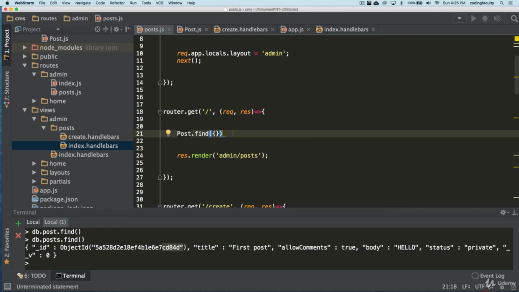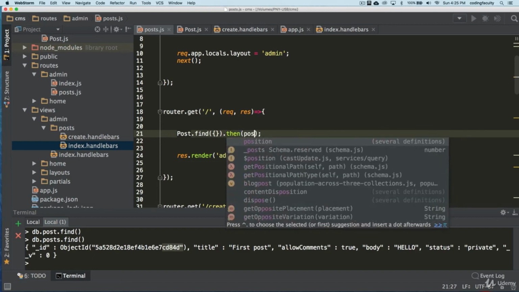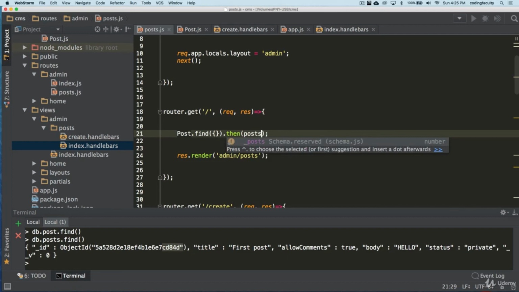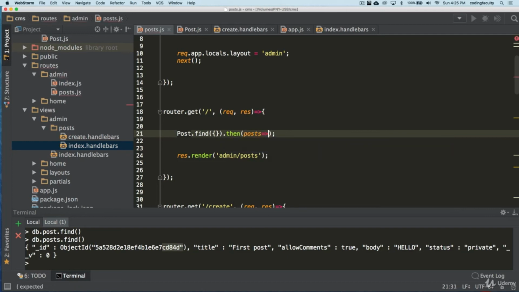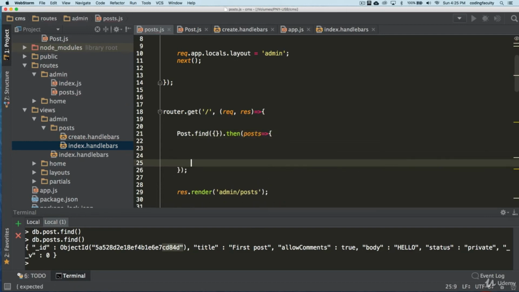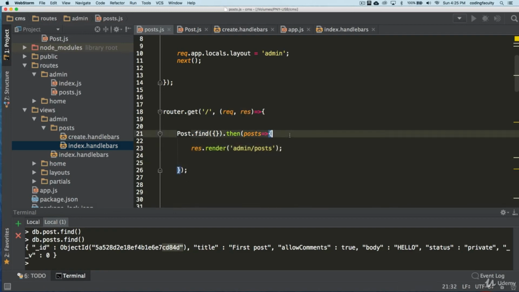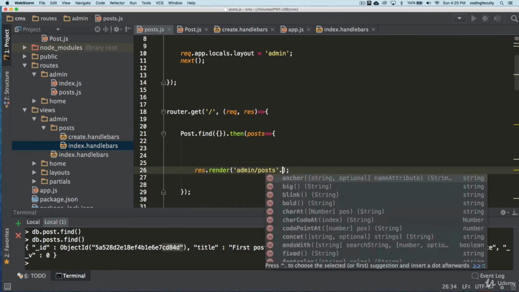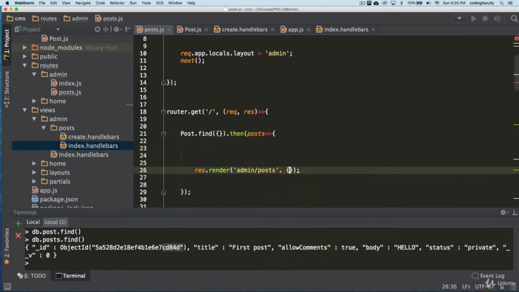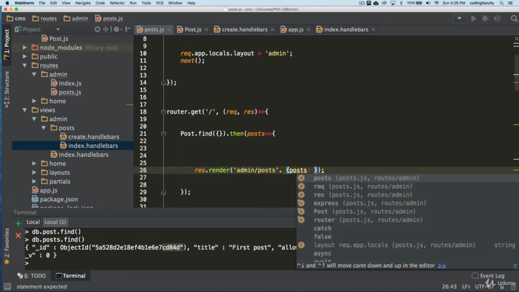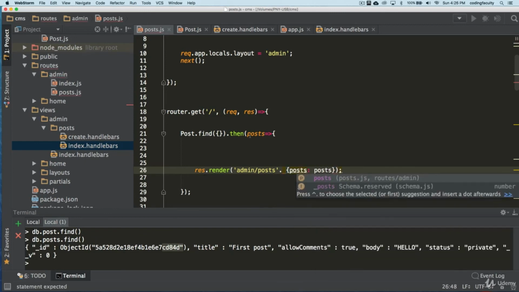Once I do that, I can attach a then promise here, and now we can bring all the posts down like that. Inside here I can just do the render, and as a second parameter, I create another object with a key named post and the value that I'm bringing back.